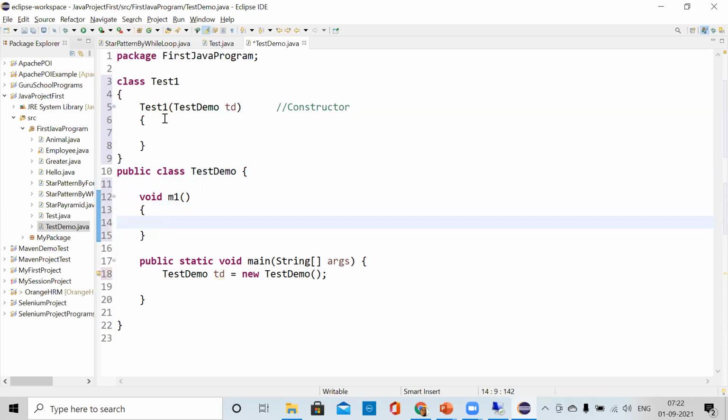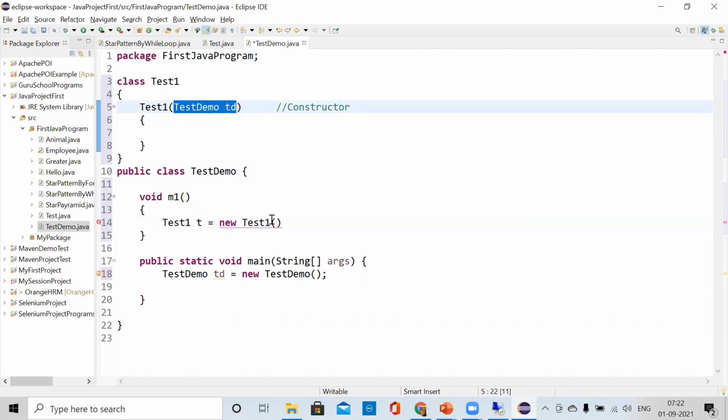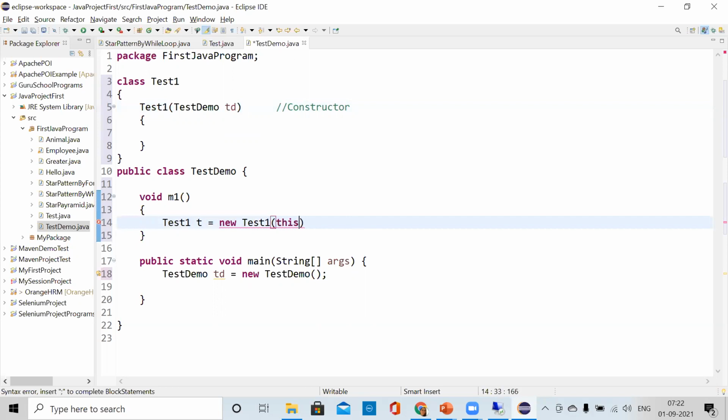Inside that, we are calling E equal to new. Now in this we are passing this keyword. Instead of calling this, we can use this keyword.